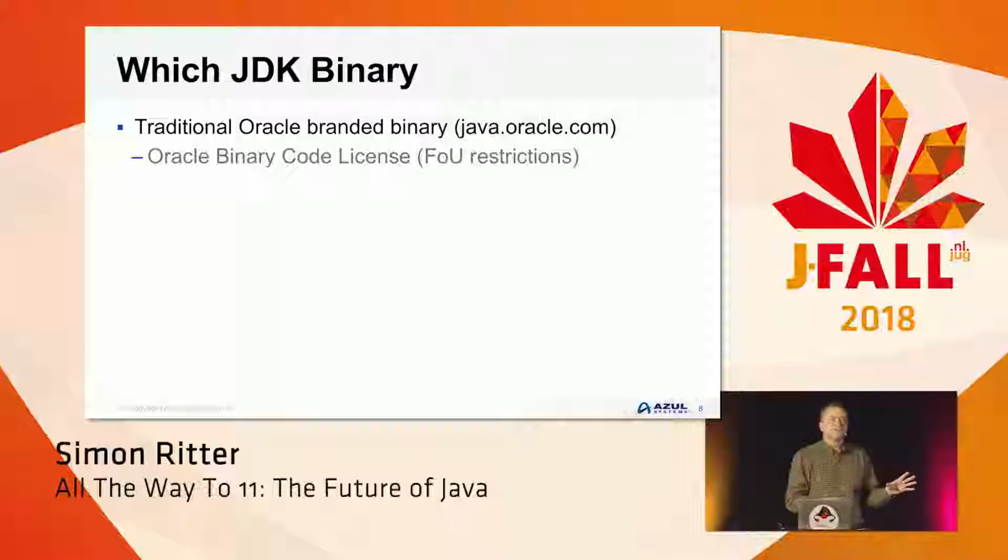Now, I do know there's a couple of things in there, one of which is called the field of use restriction. And the field of use restriction says that if you want to use Java for a desktop, or if you want to use it on a server, then it's completely free. If you wanted to use it in an embedded device, or on a single-purpose machine, like a kiosk or a ticket machine, something like that, even though it might have a PC in it, you need to license it separately from Oracle and negotiate whatever terms they want. So free use of Java if you're on a desktop or you're on a server.